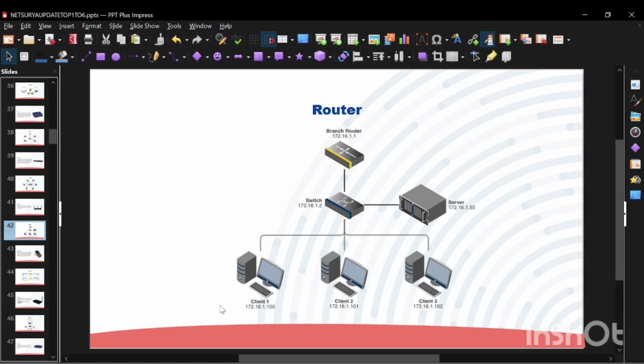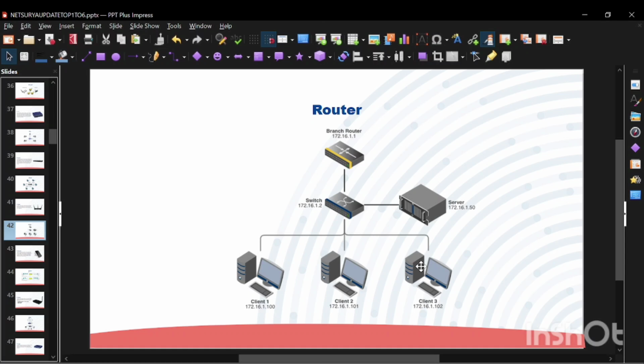Client one IP is 172.16.1.100, second is 172.16.1.101, and third is 172.16.1.102. Now let's understand how this works. A router is a layer 3 device in the OSI model, which means it operates at the network layer, and its job is to route packets between different networks.